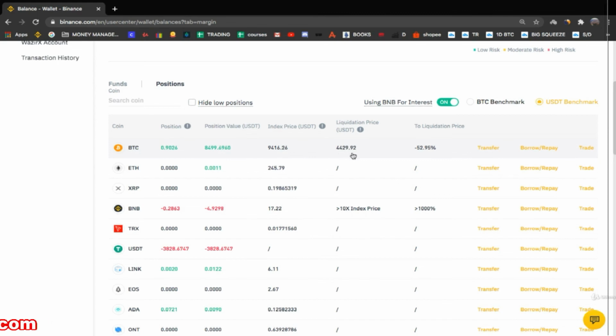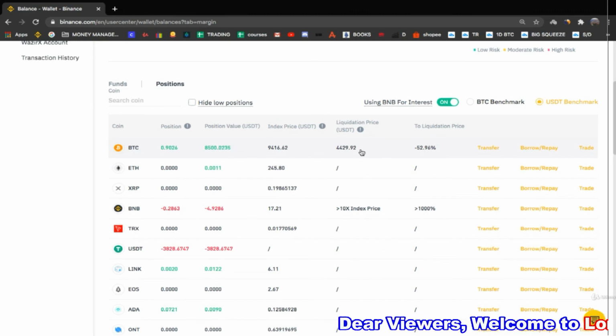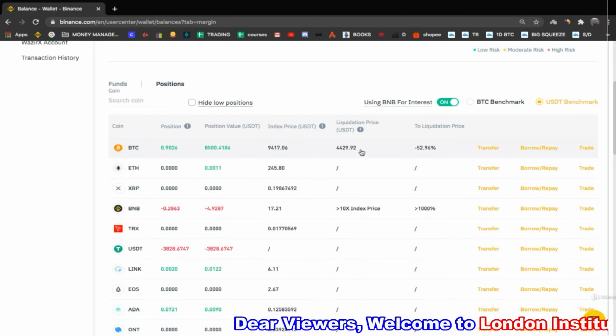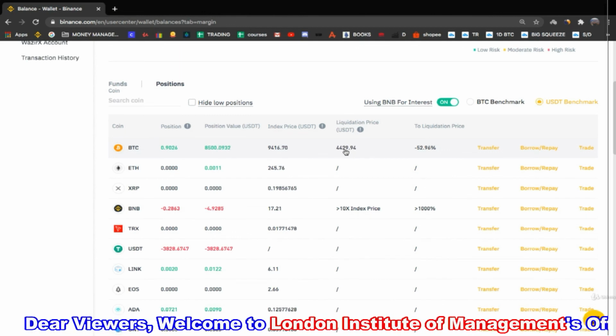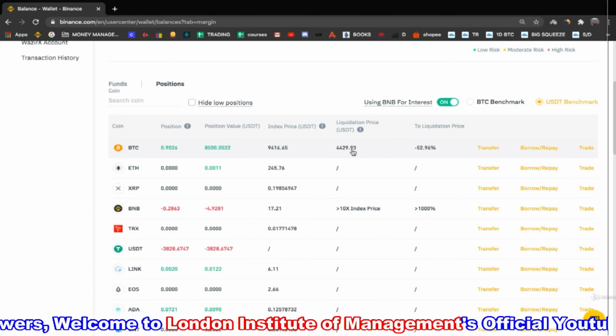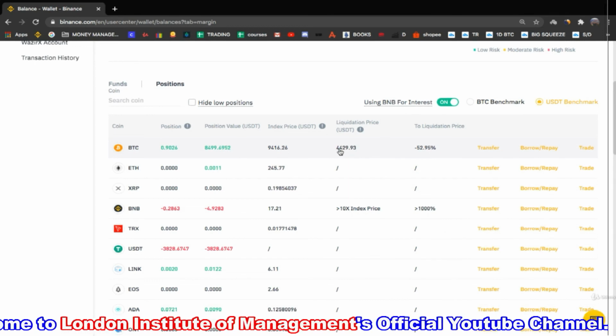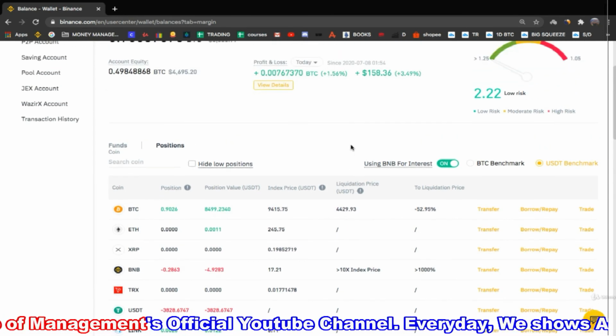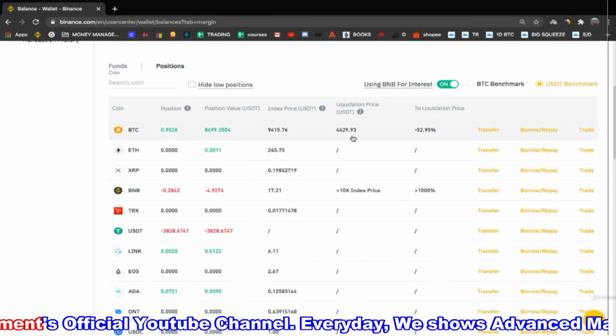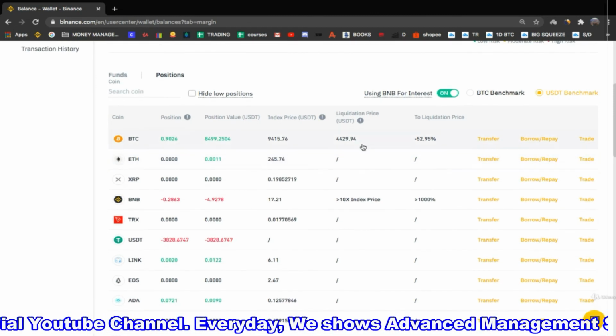This is showing me at what price Bitcoin has to reach for my account to be liquidated, right? But let me tell you something. If you have strict risk management, you don't have to worry about that at all, because you will be stopped out of your position long before there is even a chance to get liquidated, right? But still, this is a video about margin trading, so of course I have to show you where to track this, right?